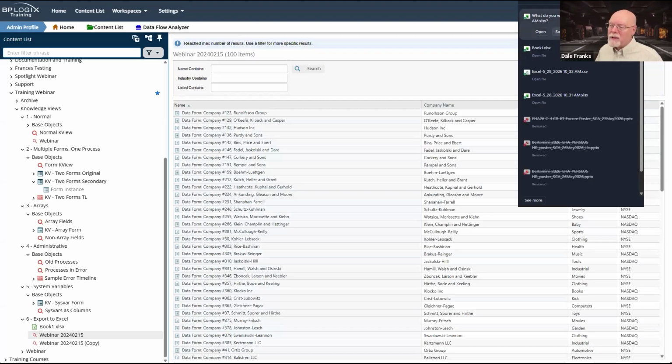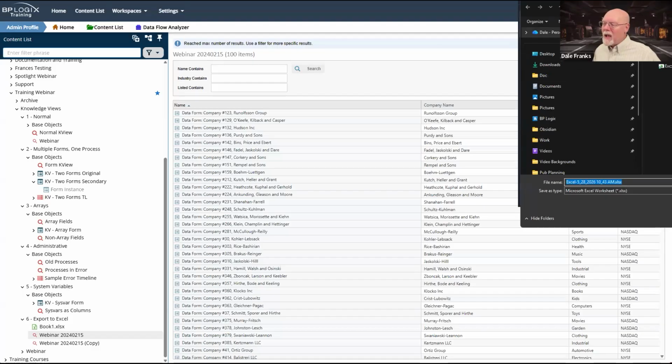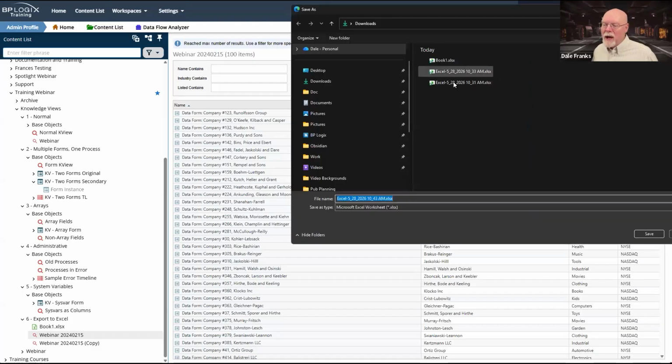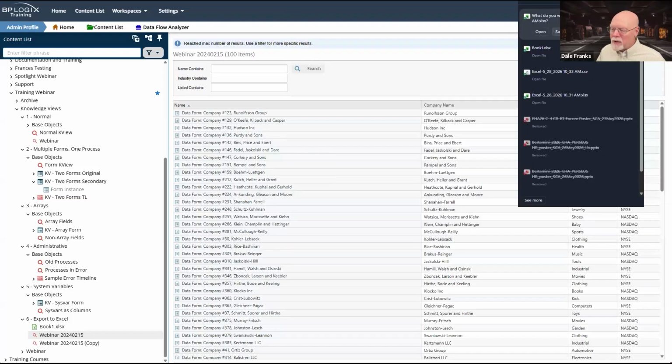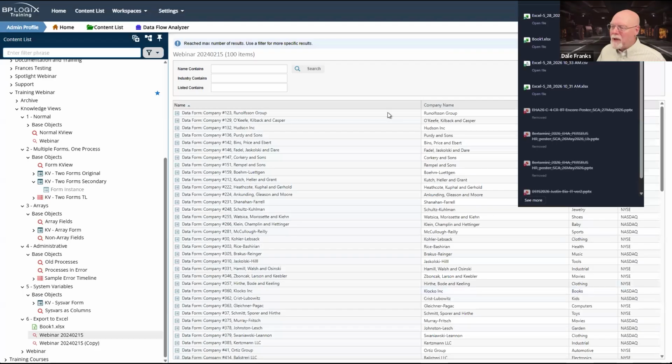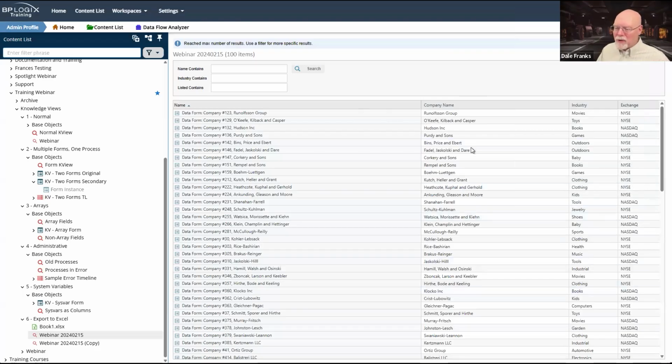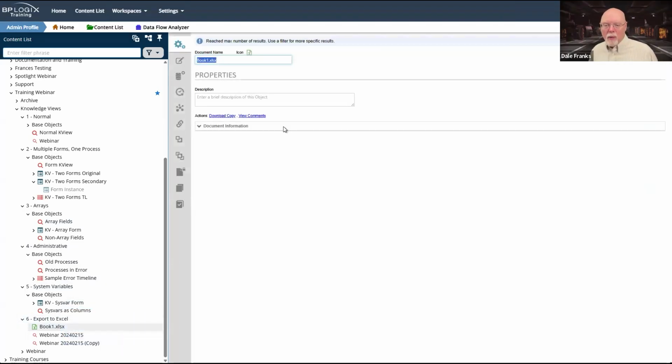Of course, I can always go save as, and if I want to save it with a different name, I certainly can. I don't have to accept the default name, but if I hit save, it will just save it again with the default name, which, it's up to you whether you want to save it with the default name or save as, but that's how it does my Excel export and gets my data to me and creates it in a nice Excel file that is already formatted, because I've formatted it with the Excel template that exists in my content list.